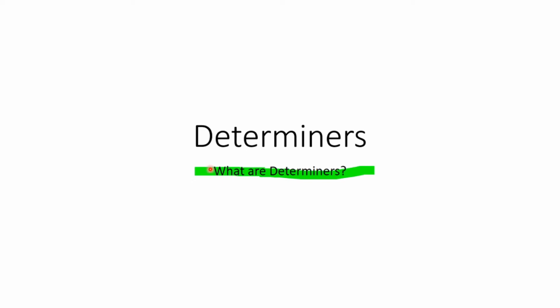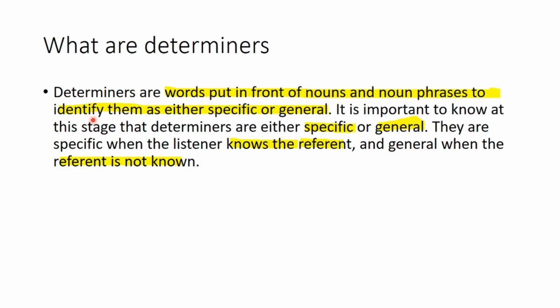In today's class, we will study determiners. So what are determiners? They're words put in front of nouns and noun phrases to identify them either as specific or general. When they're specific, the referent is presumed to be known, and when they're general, the referent is presumed not to be known. There are several different types of determiners, or in other words, you can have several different